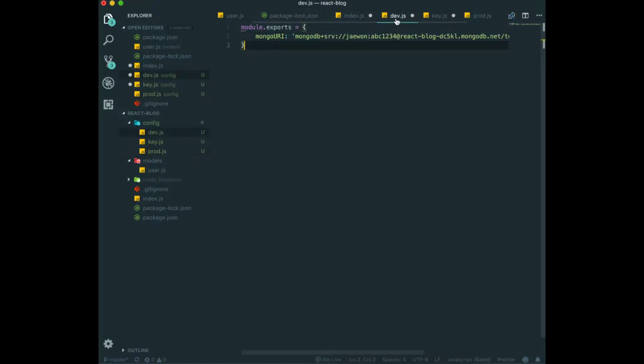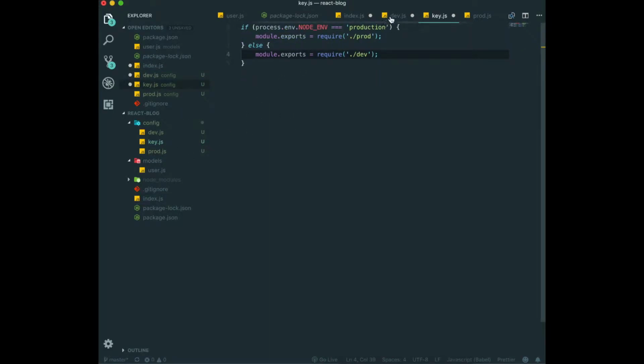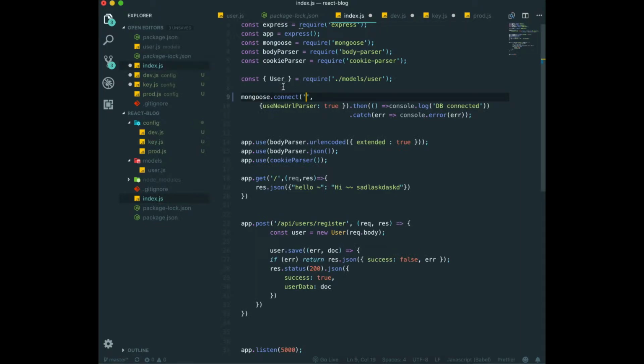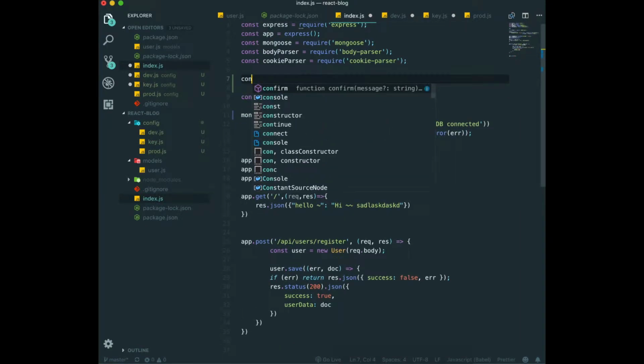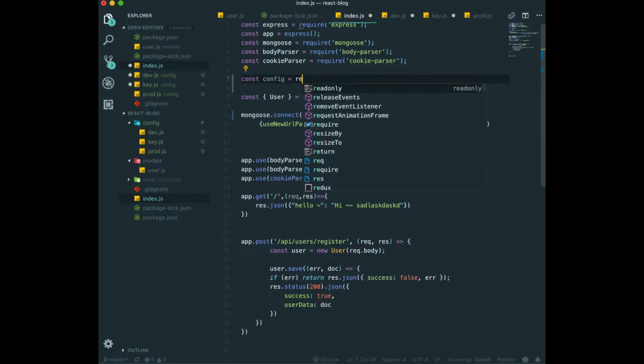So first go back to development.js. So now that we moved the MongoDB connection string into the development.js file, we need to bring this back to index.js to let MongoDB work in this application. So first we need to bring this keys file into index.js. Config, require,